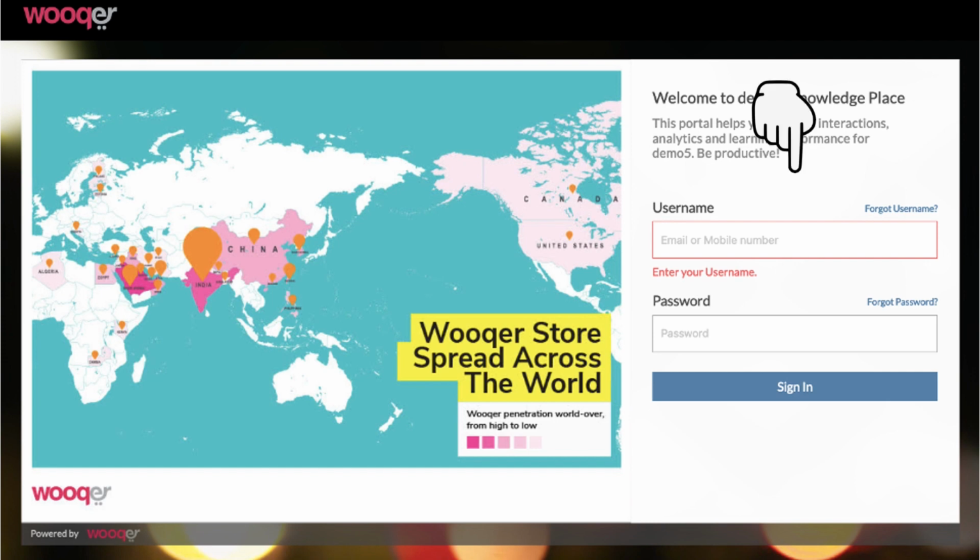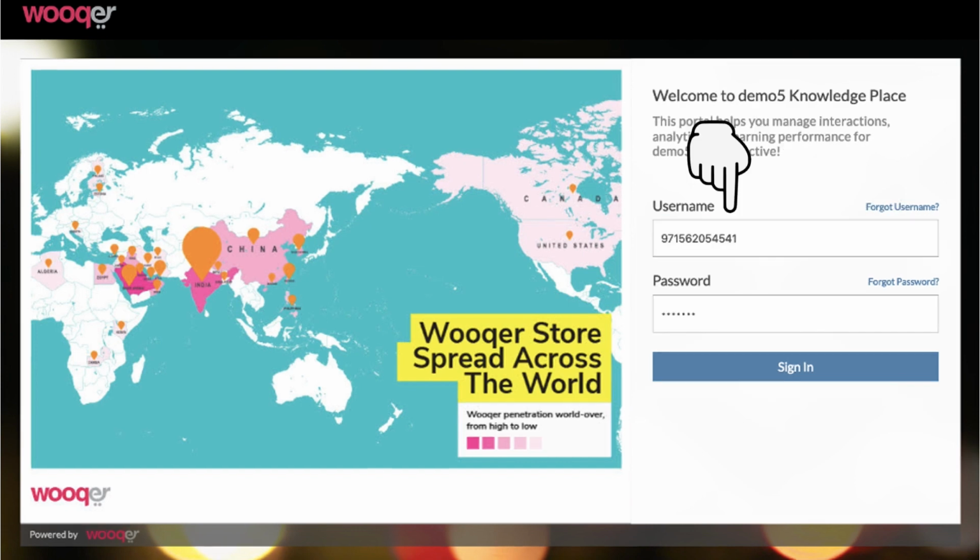To log in to their respective accounts, users have to key in their credentials on the right-hand side of this window. In case the mobile number is the username, then the users need to add the country code as a prefix before the mobile number without any space between all the numbers. For example, for a UAE mobile number, the users need to add 971 before the mobile number without a 0